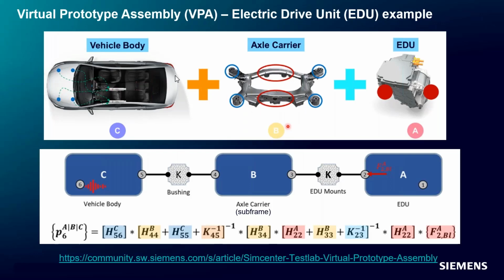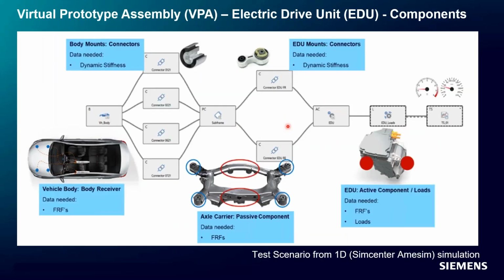So this is the context of VPA, and we can see how we can build the model very simply in this form here. We need to put a lot of data into this, and that data can come from test or from simulation. One of the things is the test scenario, like what are the operating conditions over which you want this model to generate these results, and that can be in the form of speed sweeps or RPM sweeps. And this information can come from our sister product called Simcenter AMESim 1D simulation. So that can provide the input.